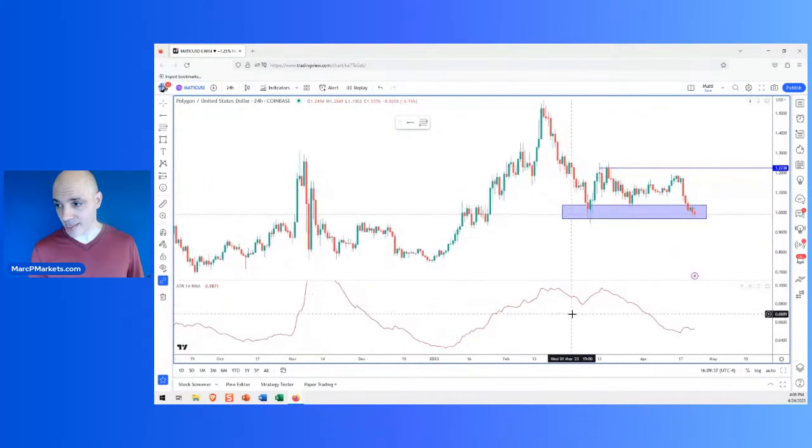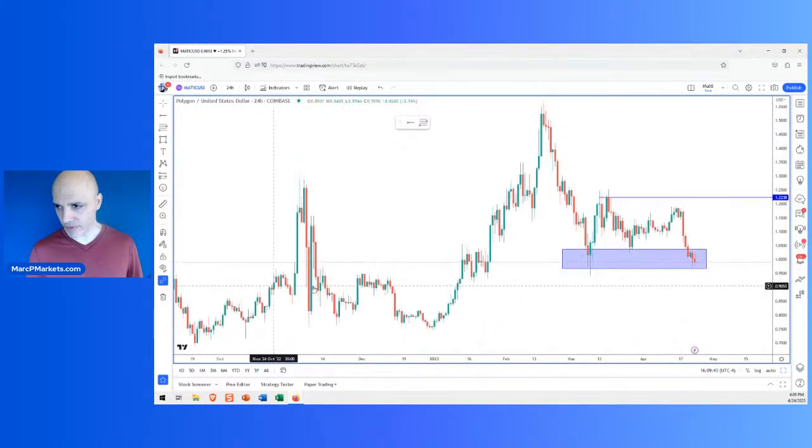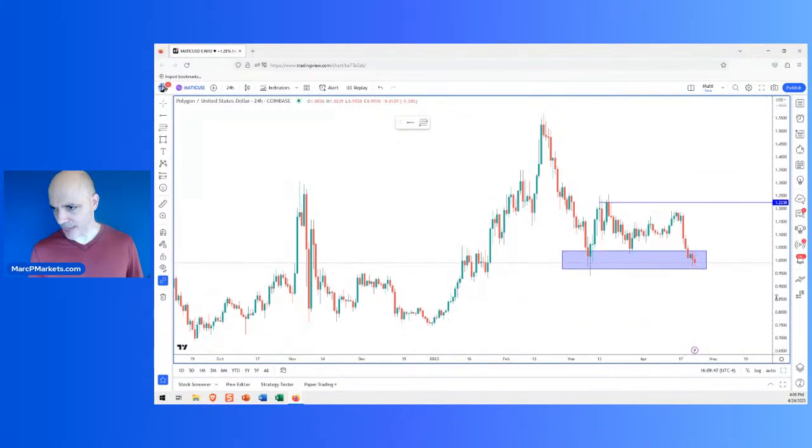I don't think we need the ATR on this chart anymore, because we're not going to talk about specific orders. So I'm going to remove the ATR. I'm going to remove this thing, because that was the ATR lesson.